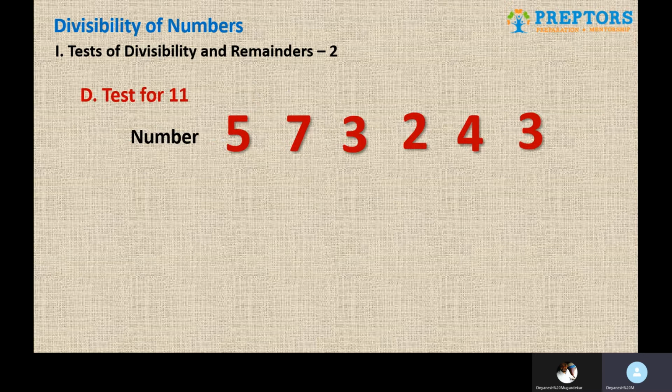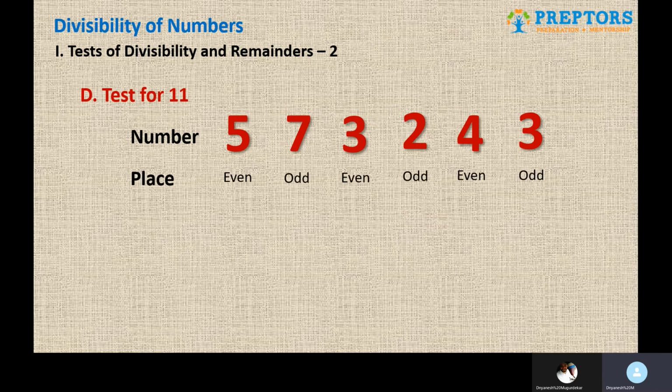The next divisibility test is the test for 11, and this is slightly different from what we have seen so far. For figuring out whether a number is divisible by 11 or not, you add all the alternate place digits.